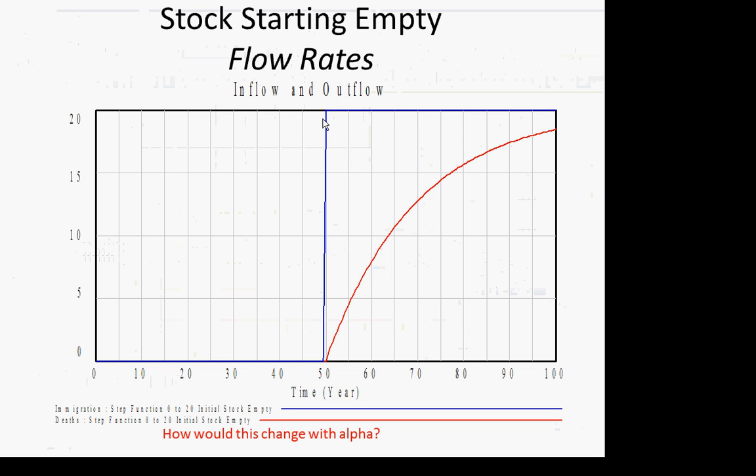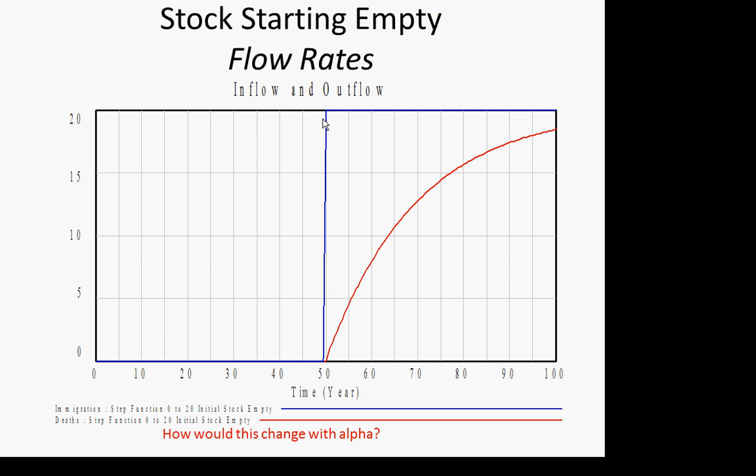Then suppose suddenly the inflow is 20. What's going to happen to the stock? Sorry? It's going to start filling up. The inflow is greater than the outflow, so it's got to start filling up. Good. So it starts rising. And its rise looks just like this. But it's rising up to an equilibrium value that may be very different from the